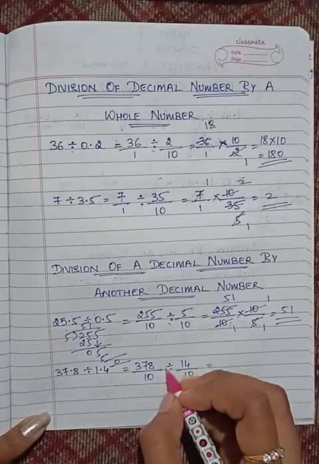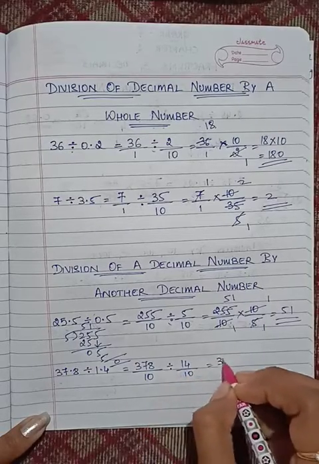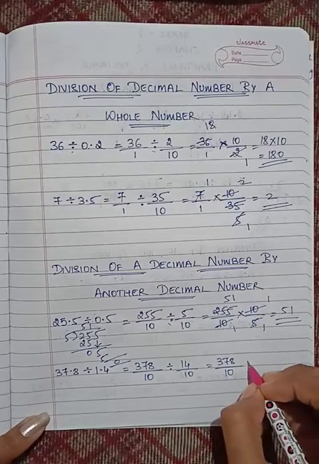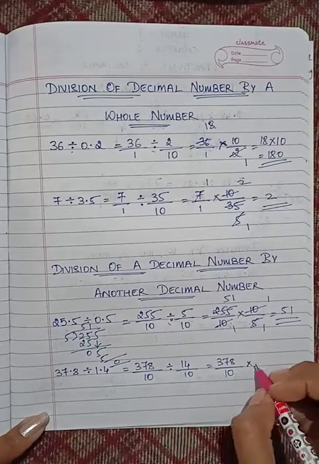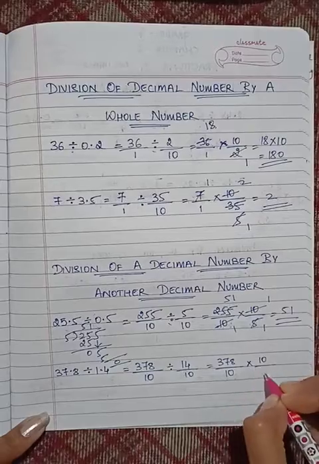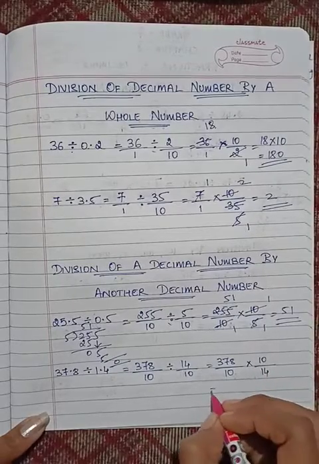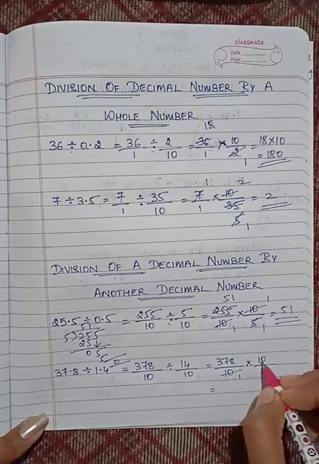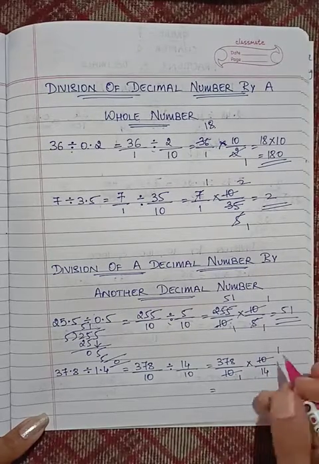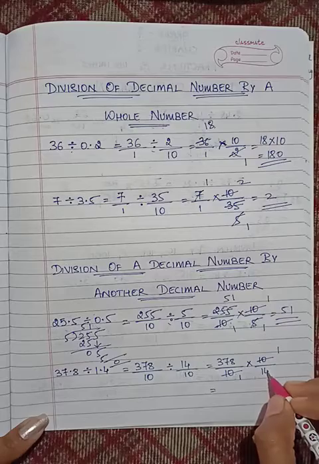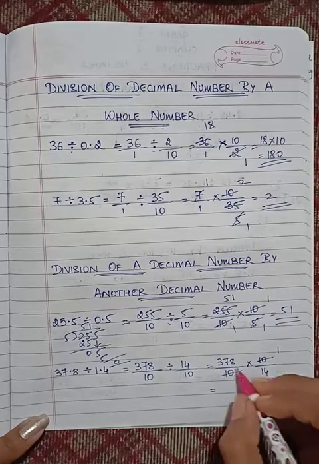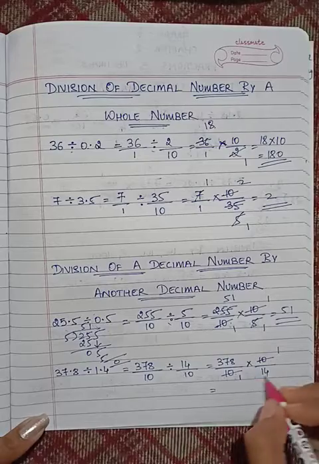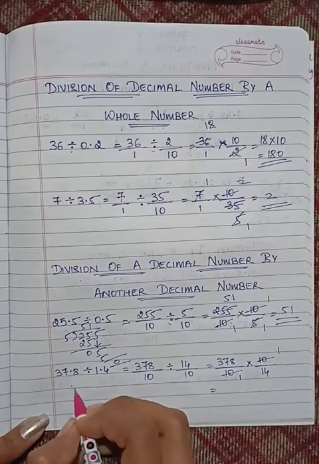Now I have to change this symbol into multiplication. So I write the first fraction as it is and I write the multiplication symbol. Later I reciprocate the next fraction. So now here cross multiplication is possible. 10 ones are 10, 10 ones are 10. And here again, since the numbers end by even digits, I can do the cross multiplication here. Here is my rough work.